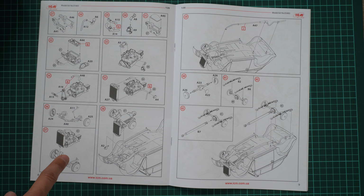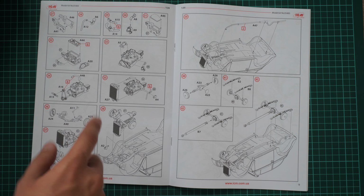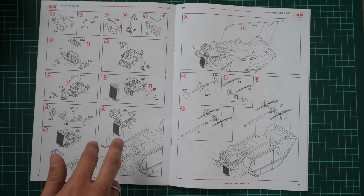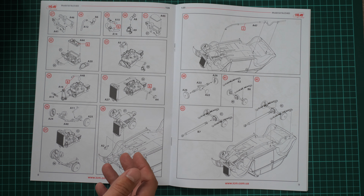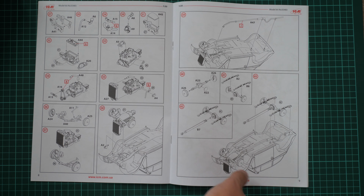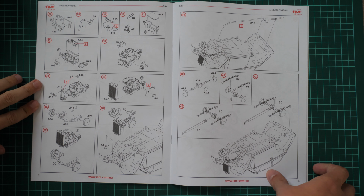Here we have the engine parts assembly. So as you can see, the engine should be quite detailed out of the box. Of course, you can add some wiring for an even more convincing appearance. It will be up to you. Here we have exhaust installation, suspension parts, and next